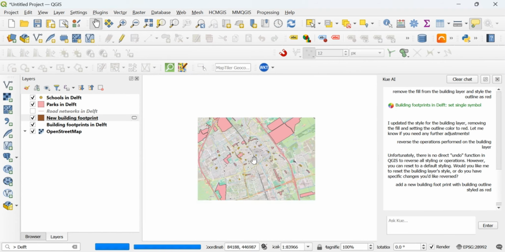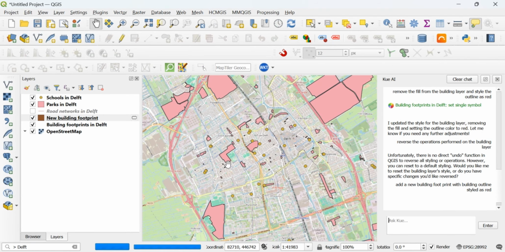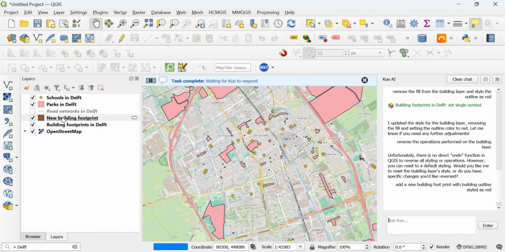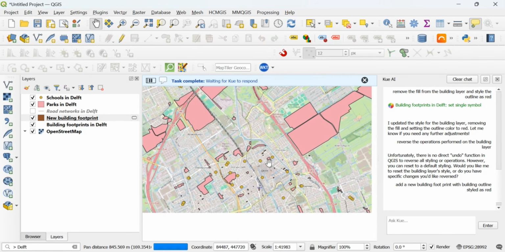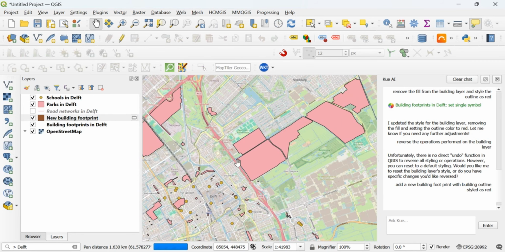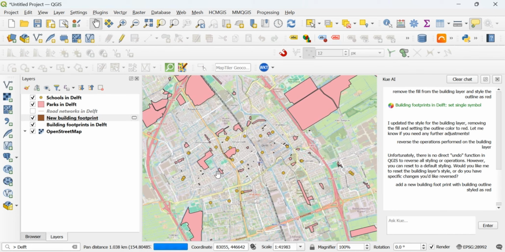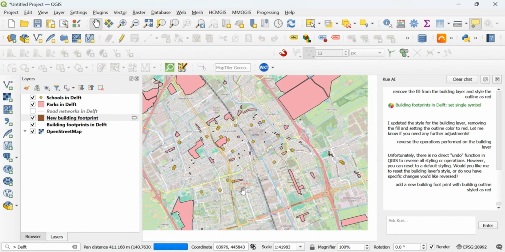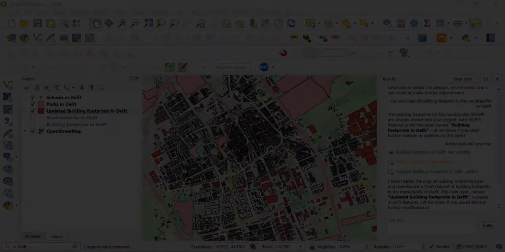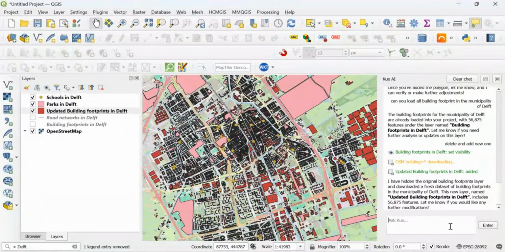So let's see. Okay, this also didn't work, or maybe it's still coming. It's still loading. So the styling was creating some issues, but I've re-added it as a default.